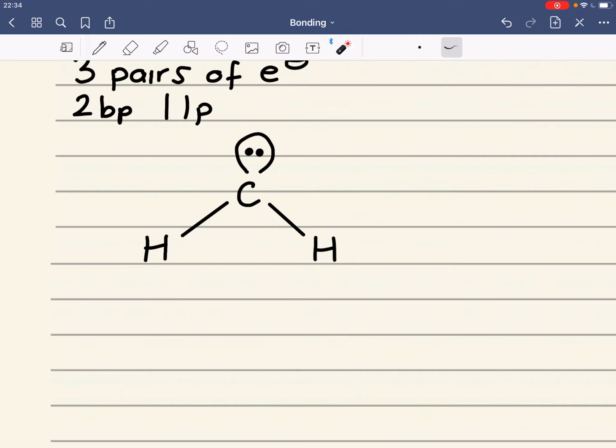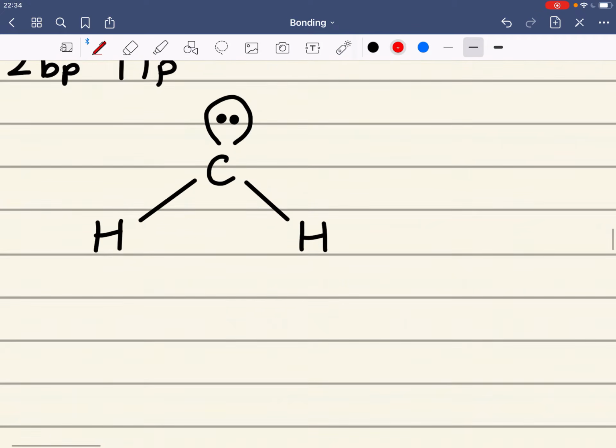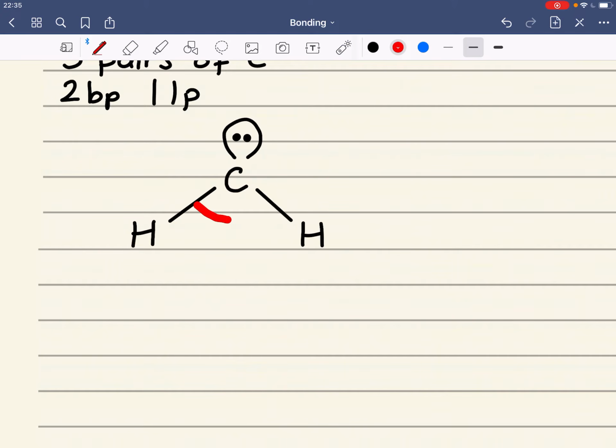But because lone pair, bonding pair repulsion is greater than bonding pair repulsion, it pushes these bonding pairs closer together. And that reduces the bond angle, and that means it's going to be less than